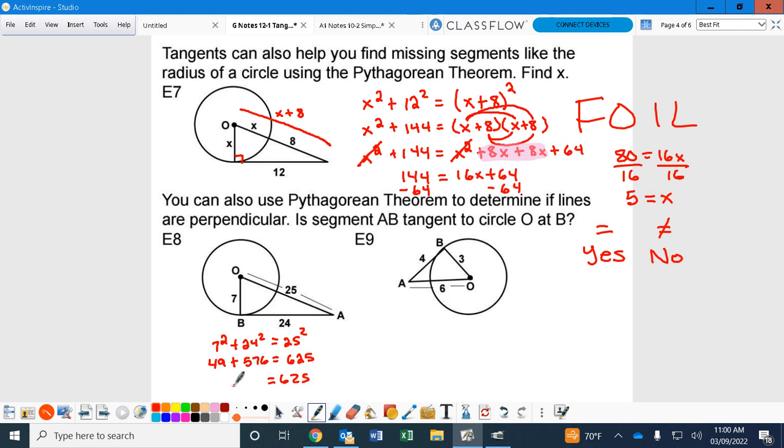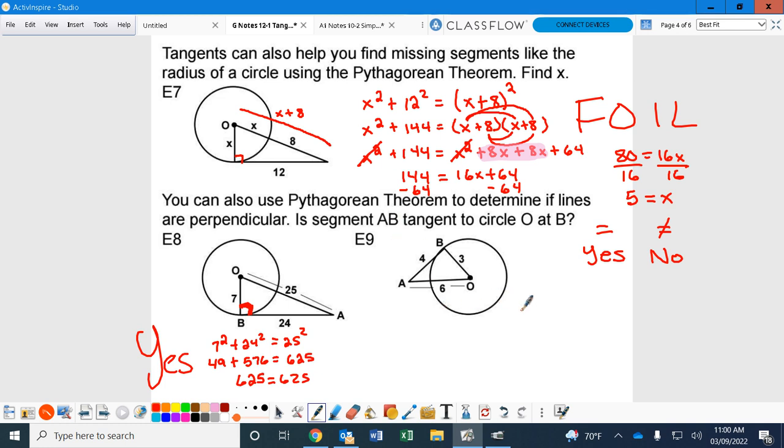Is it 625? Okay, so they're equal. So the answer is yes. This is a tangent. Guys, that means this is a right angle. This line is tangent. The next one isn't going to be tangent, because a common Pythagorean triple is 4, 3,